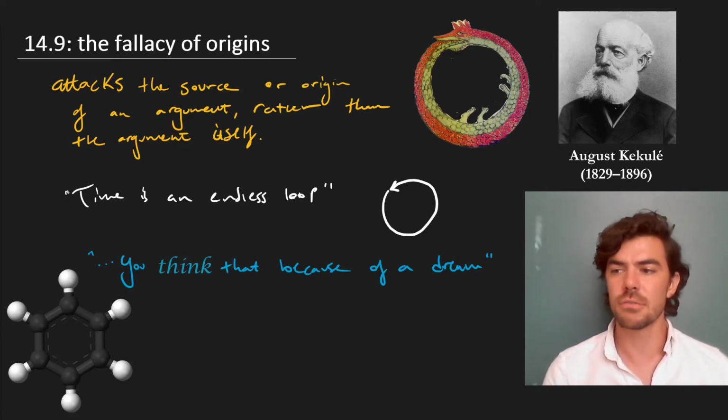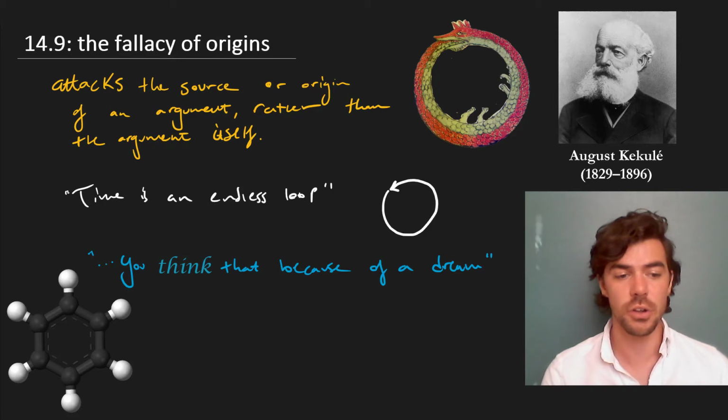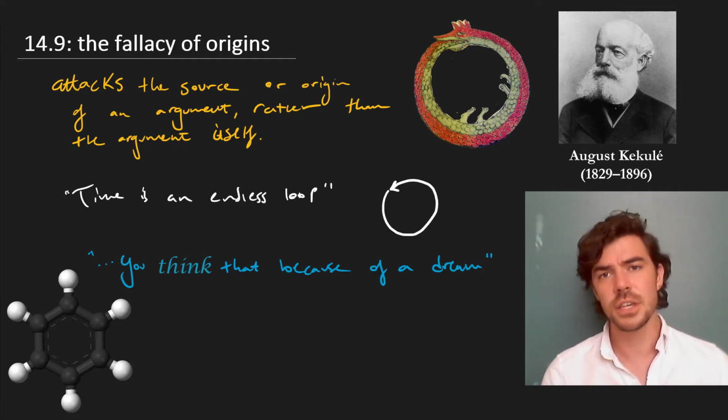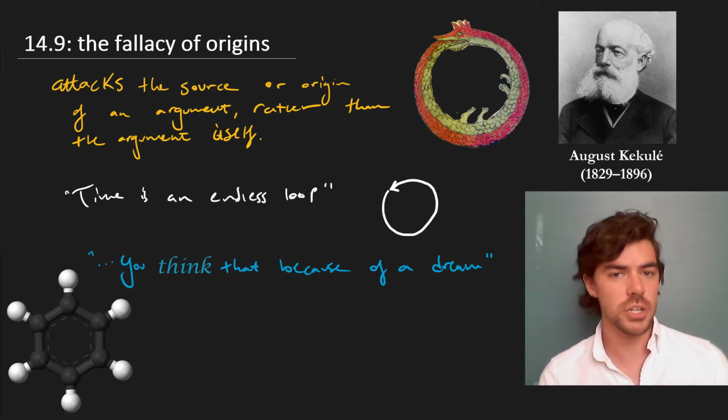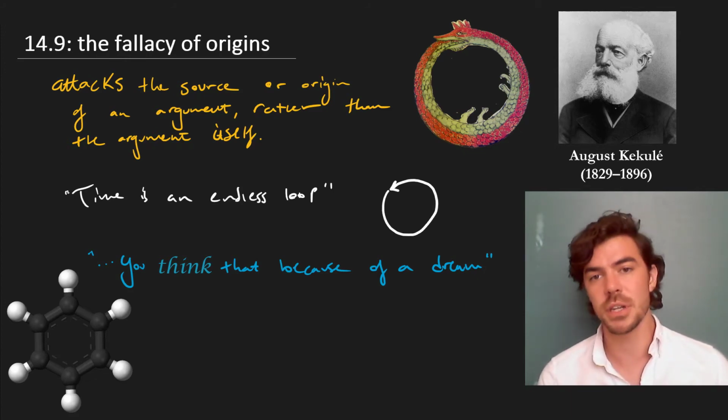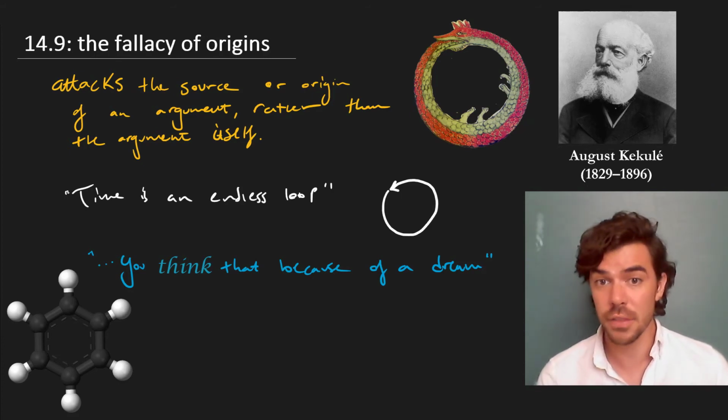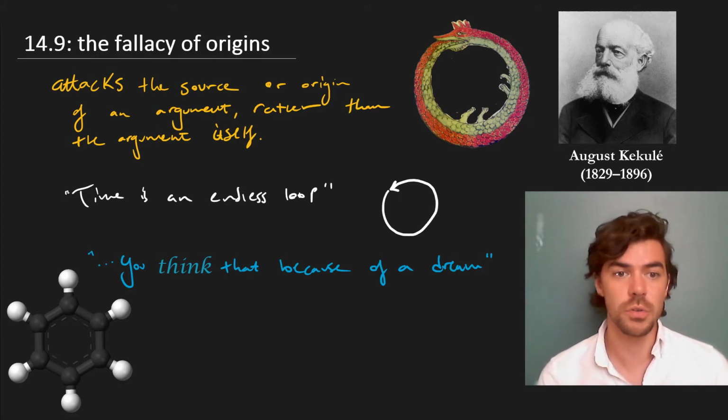And you might think that refuting arguments in the sciences is really a sort of fallacy of origins, in the sense that we look at a methodology and we say, this methodology is flawed and therefore we don't believe your results. That is to say, the way that you came to the conclusion you came to is suspect and therefore we don't have to buy the actual conclusion. This is really a fallacy of origins, but in this case it makes sense because independent of our formation of an initial hypothesis, say that carbon is a ring, we also conduct experiments in accordance with the scientific method to test our hypothesis. And if those experiments themselves don't meet the appropriate standards, then it casts doubt on the hypothesis itself.